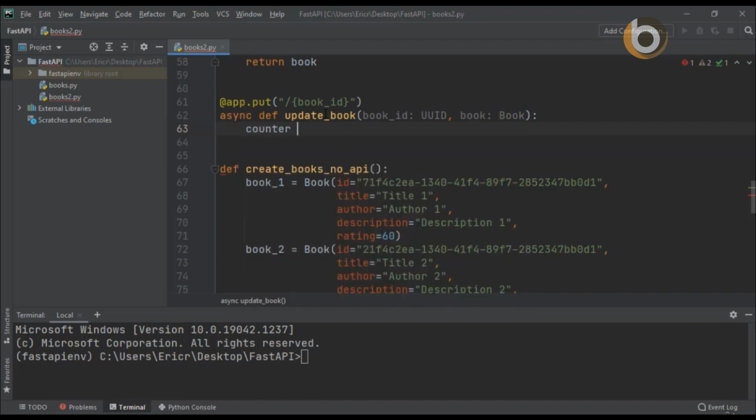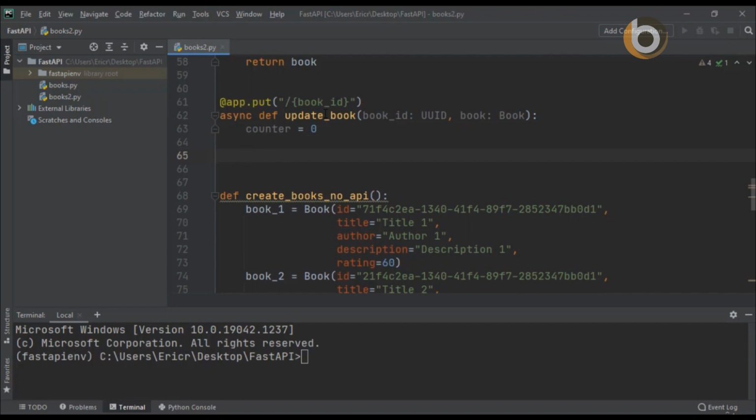And now under update book, I'm going to create a new variable called counter, which is equal to 0. And now under counter, I'm going to have to loop through all the books and find the specific location where x.id is equal to the book ID. And then I need to find out exactly the location, which is going to be counter. So counter is going to keep track of each time we loop through books. And then I'm going to find the location of the books, update that book, and then return the book that we just updated. I'm going to be able to do this by typing in for x in books,